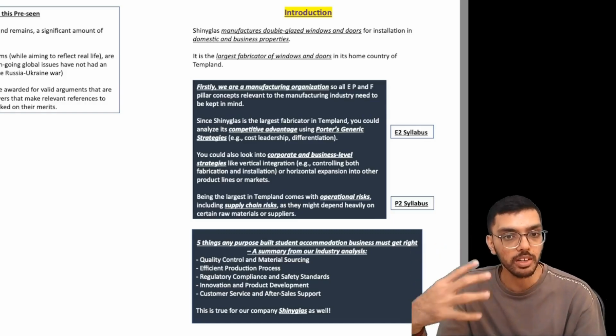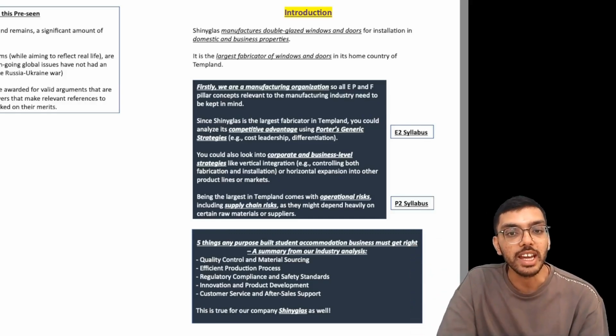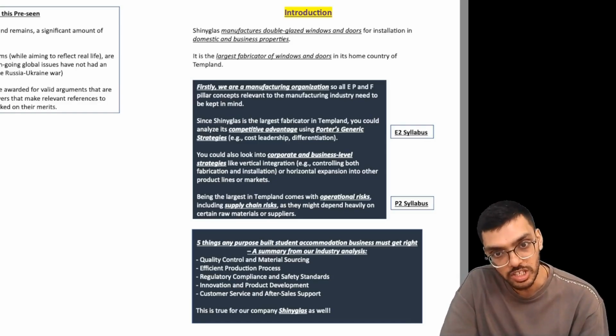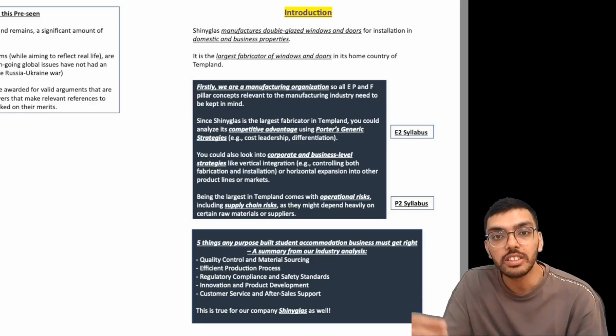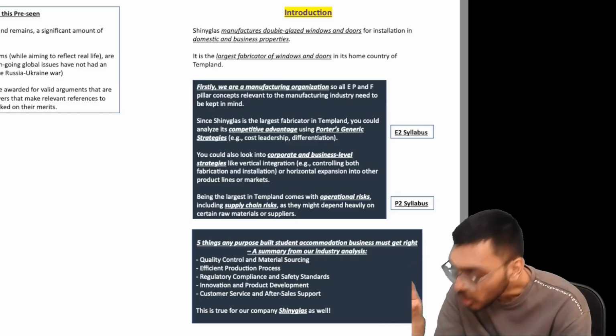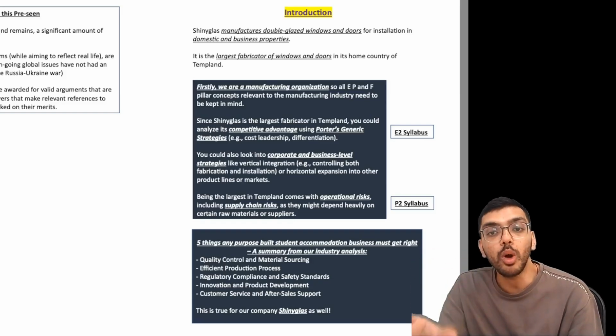But remember that you are a manufacturing organization. Since Shinyglas is the largest fabricator in Templand, you could analyze its competitive advantage using Porter's generic strategies. Because we are the largest fabricator, naturally we are doing something well. So when I go deeper into the pre-seen, I will be inquisitive about what my